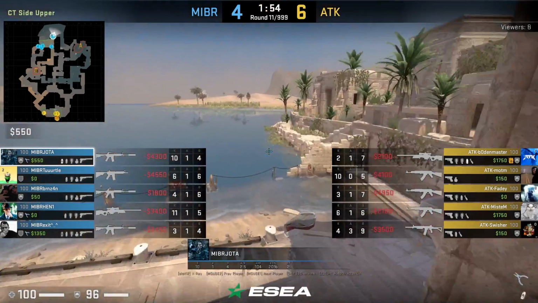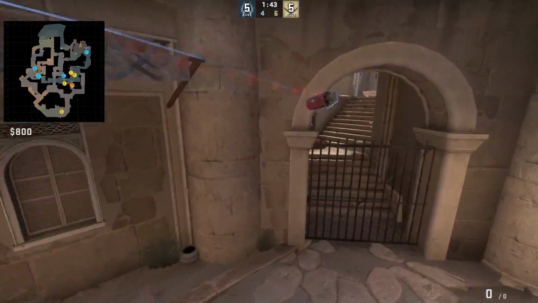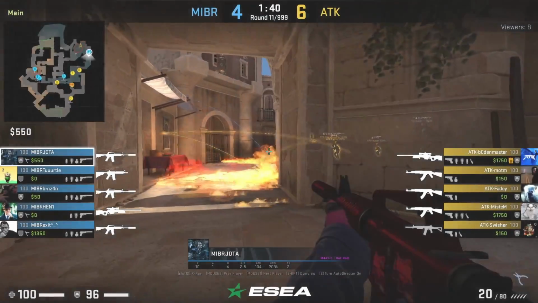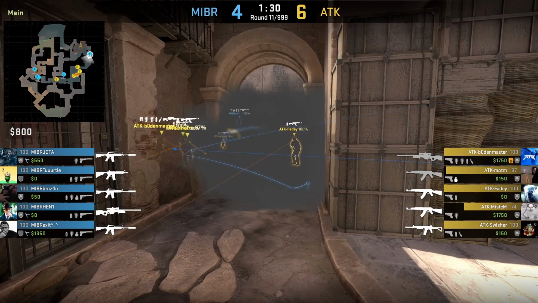For the A anchor at the start of the round, you can throw this molly if you bounce it off the wall, and that's going to land front A main, denying the T's as well as slowing their A main access. After your molly, this is optional, you can throw a smoke at the front doorway. Careful in doing this because sometimes you will want to keep your smoke as you're anchoring A for a defensive